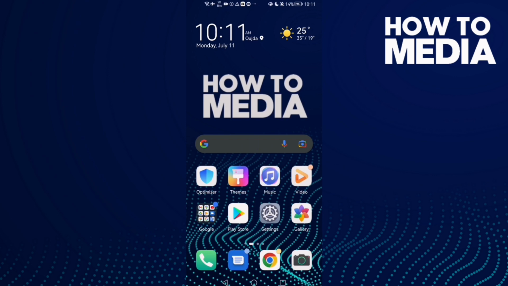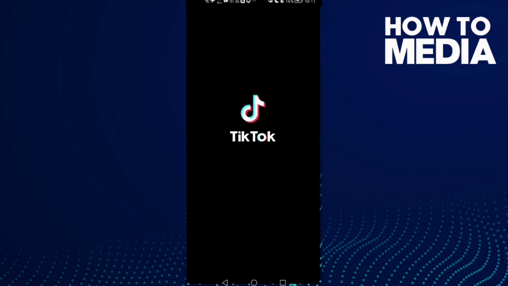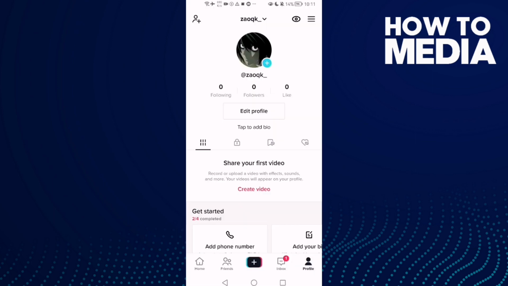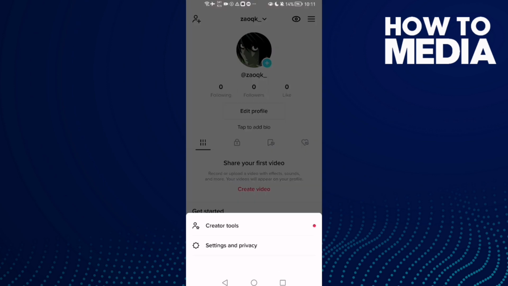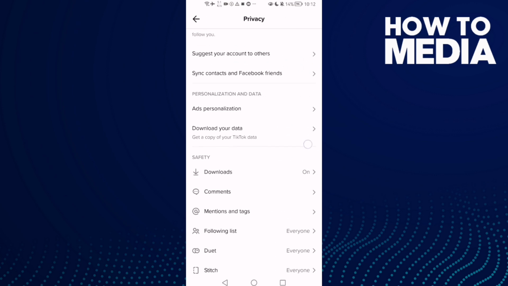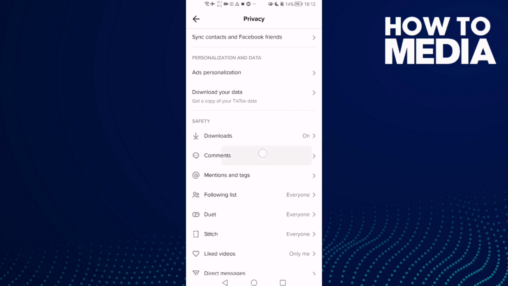on TikTok mobile. First, open TikTok and then click profile, and now click these three lines in the top corner, and after you click on it, click settings and privacy, and now just click privacy, and here you will find comments. Click on it,